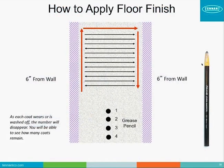This is a technique with a grease pencil where you're looking at how to figure out how many coats of finish are on the floor. We usually go to a high traffic area. You stay 6 inches away from the wall on the first and second coats. Then you can go ahead and do the 3rd and 4th coat up against the baseboard itself. But the traffic area is where your wear pattern is going to be. So you take the grease pencil, you put down a coat of finish, you put a number 1. You put down the second coat of finish, you put a number 2, or you can put down 2 dots,